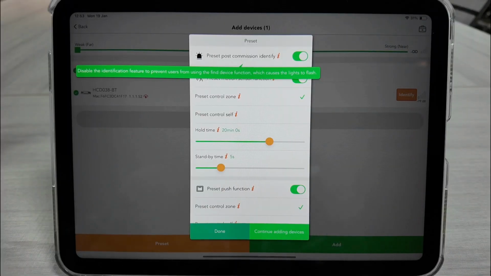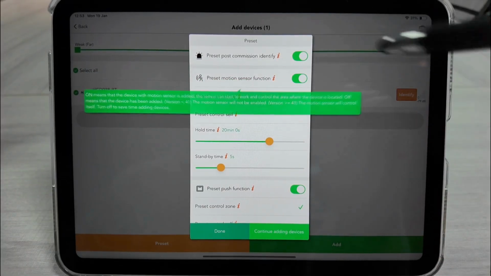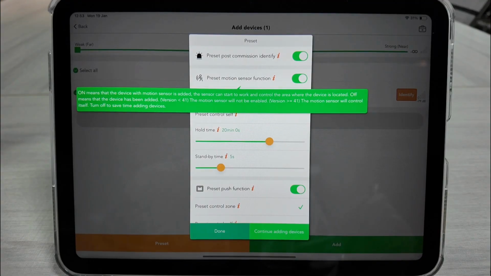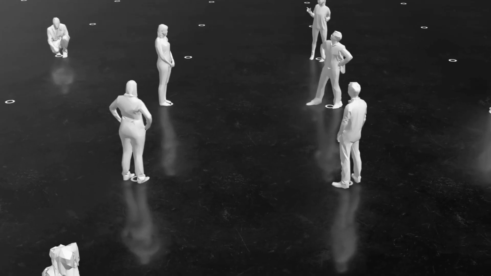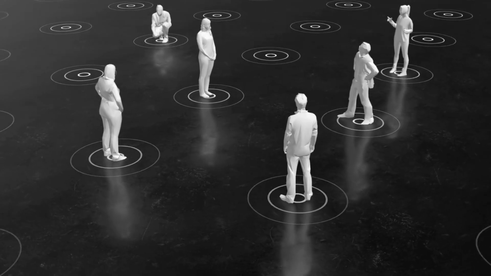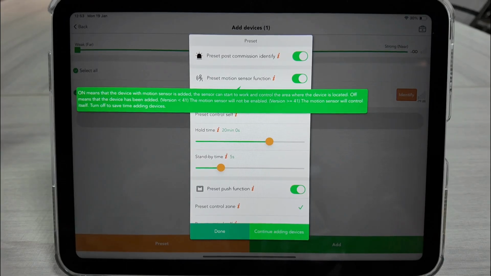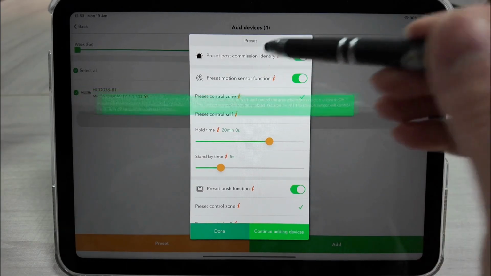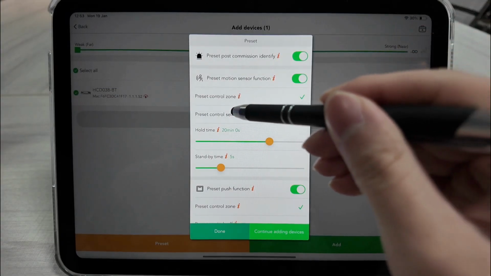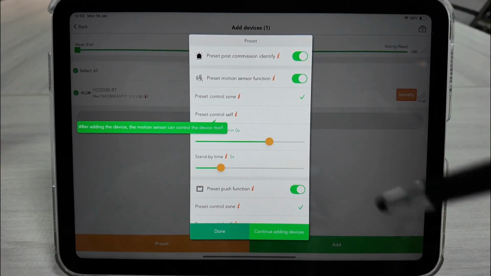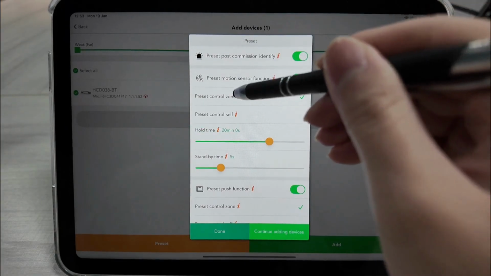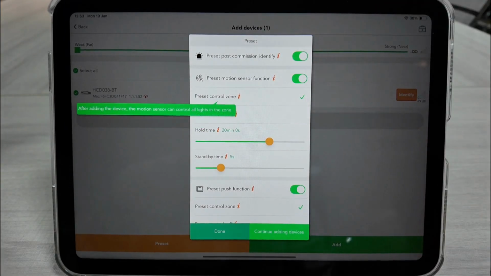The next option defines the default behavior of the motion sensor. First, you can choose whether the motion sensor is enabled or disabled by default. If motion is enabled, you can then define how it behaves. Does the sensor control only its own luminaire, or does it control the entire zone it is assigned to? This choice can help ensure that the initial configuration already covers most of the project's needs, reducing the need for